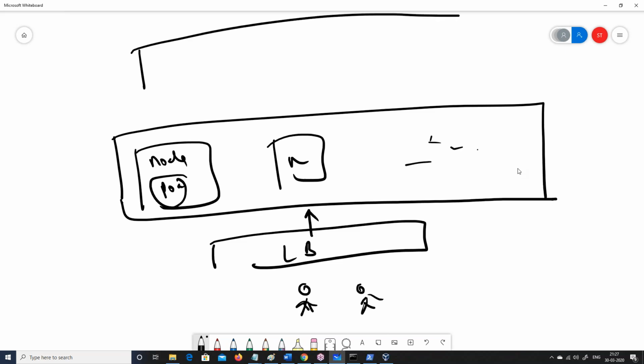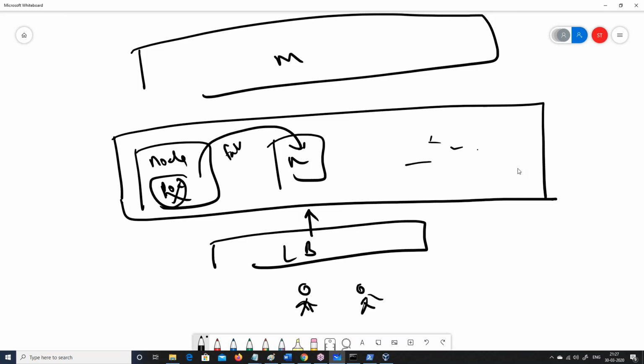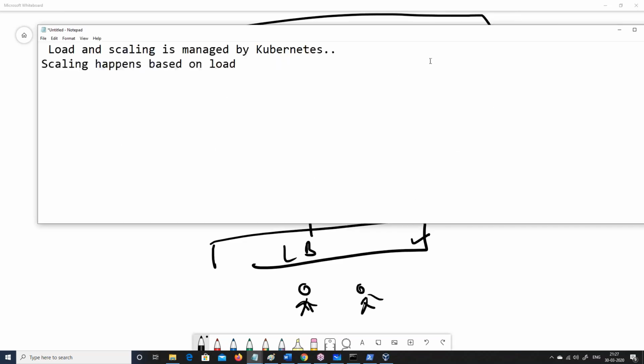Over here, this management layer is not for load balancing. This management layer is, if this goes down, then it will put it out here. So this is for failover. Must be that the load balancing word is more coming here. So load balancing has nothing to do with Kubernetes directly, right? It is more for failover. So answering your question, load balancing and load scaling, is it managed by Kubernetes? No, I will say failover is managed by it.